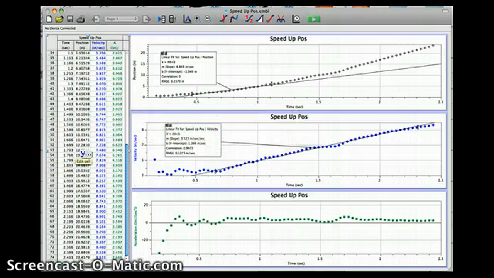So we would take 2.433, so roughly 2.5, multiply it by 9.633, and multiply that by 1/2, and then we would get 11.664